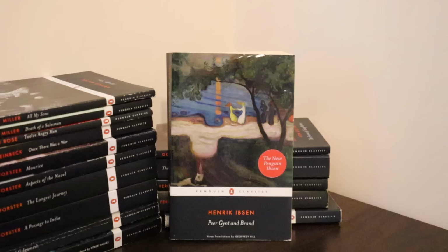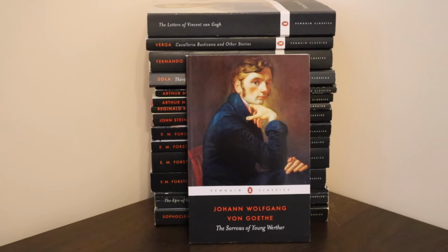hear too much about. The next one is Henrik Ibsen's Peer Gynt and Brand. I don't know much about Henrik Ibsen. I haven't read any of his plays before, but I definitely want to, so that's why I got this particular edition. If you guys have read Henrik Ibsen, I would love to know which of his works you recommend starting with or reading. I just moved it so that I could keep leaning the books on the stack, but anyway,